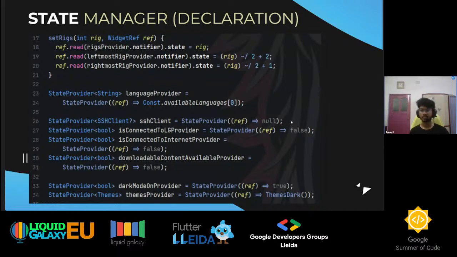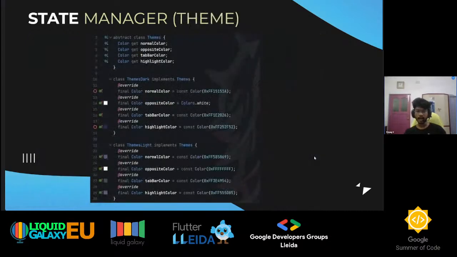These are a few syntaxes of Riverpod. Basically, you declare a state provider and you initialize it with a default variable. You can extend a class out of the state provider, and you can do lots of stuff. This is just a simple example I am giving of how to use the state manager. Just declare a state provider variable. Suppose this is a theme, so by default the theme will be set to dark. And